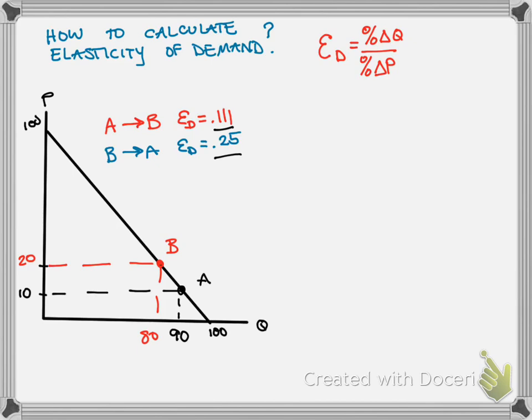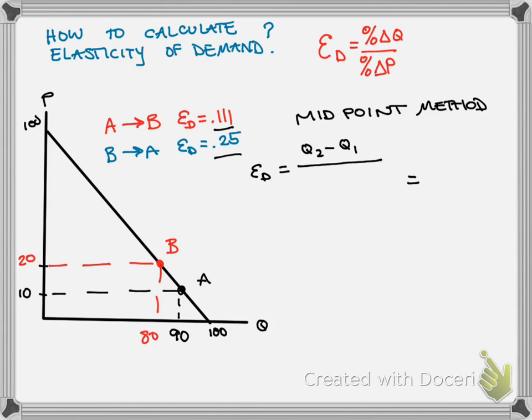However, we're going to show you that what the book argues is another way to address this issue is to do what's called the midpoint method. And what this method says is when you calculate the percent change in quantity, rather than use the start quantity, instead use the midpoint of the two. So we would calculate this as the elasticity of demand is equal to the percentage change in quantity, so it's still Q2 minus Q1 divided by the midpoint between Q2 and Q1. So just to kind of show you how this looks over here,